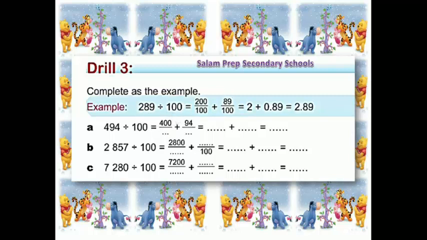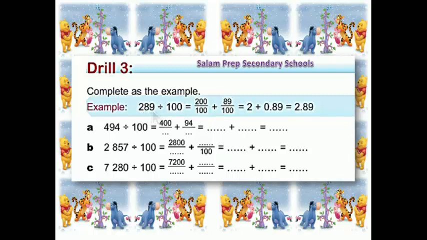We can write it 289 over 100. Now we need to expand this fraction. 289 over 100 equal. Please take care. 100 has 2 zeros. So we need to expand 289,